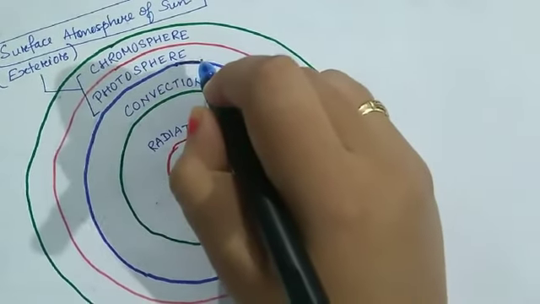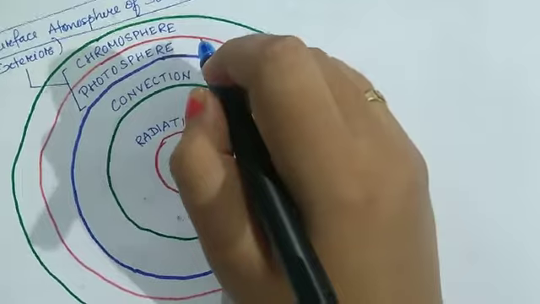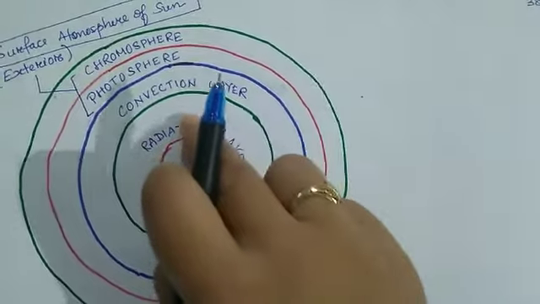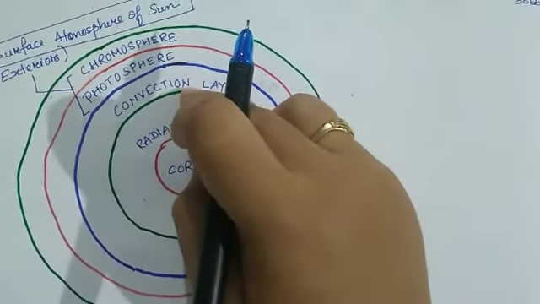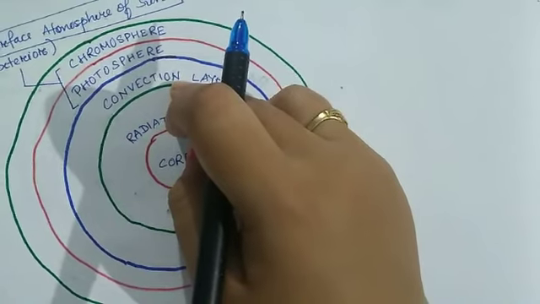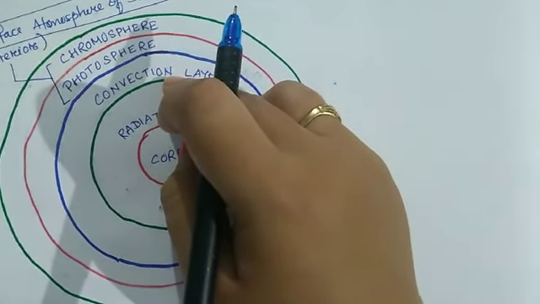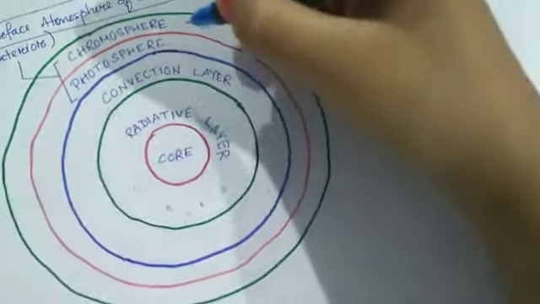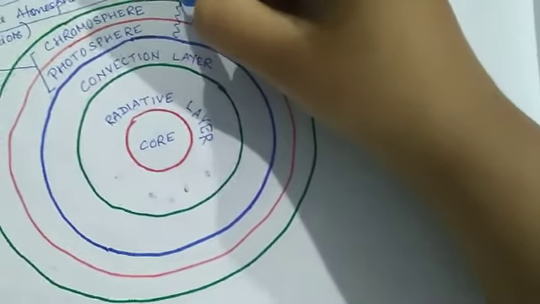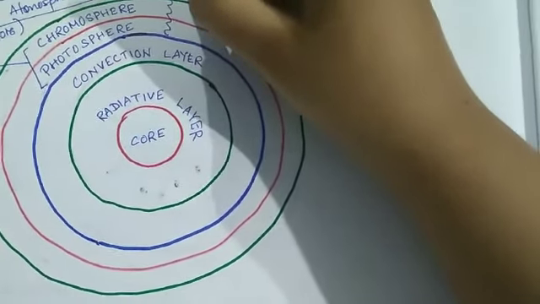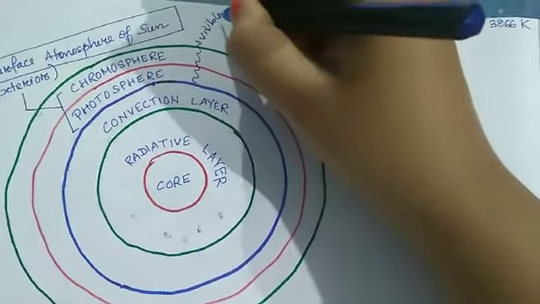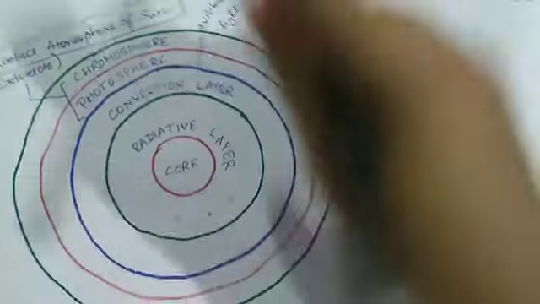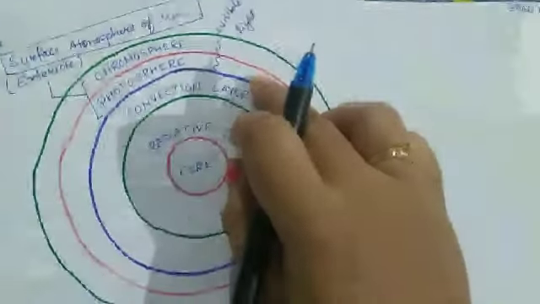Basically, the photosphere is the region which we actually see from the surface of the earth. I told you the gamma photons are coming out, and in every step they are losing some energy. Losing energy means the frequency is going down and the wavelength is going up, and it will reach up to the visible light wavelength. So all the visible light that we are observing is coming from the photosphere. So you should keep that in mind.